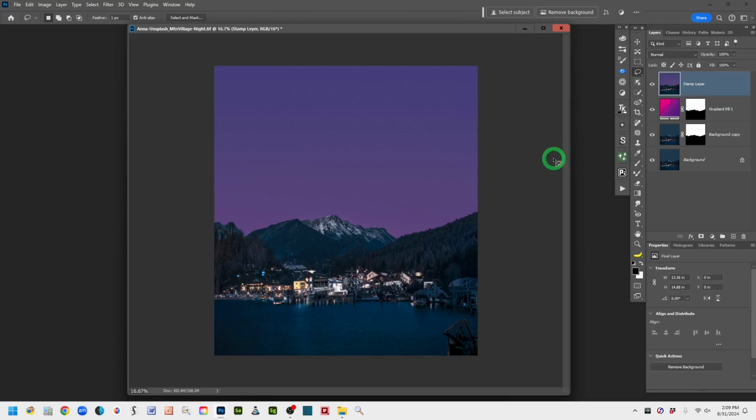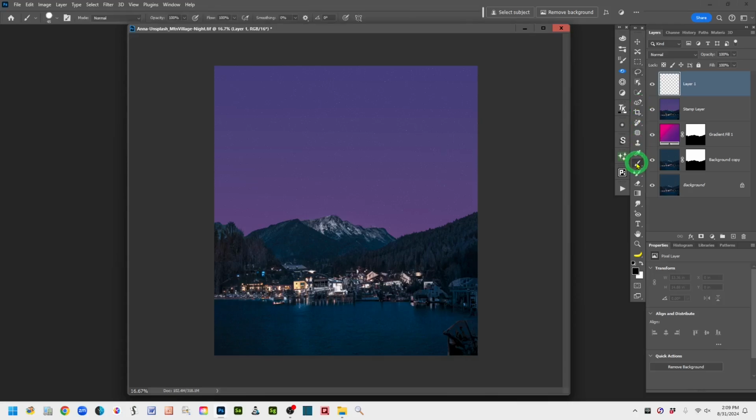All right, so the next thing to do here to create your own custom Northern Lights is to open a new empty or transparent layer. So bottom of the layers panel, click on that box with the plus for a new empty layer. And you want to be sure that your Northern Lights brush that you created is active. So again, on the toolbar, I'm going to click on the brush tool